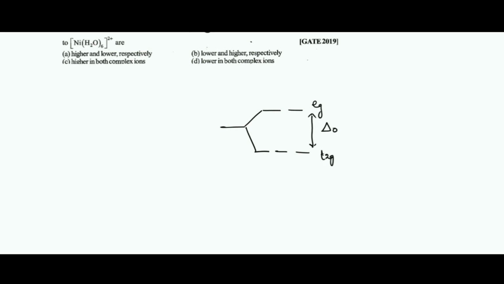So this is basically a question from the spectrochemical series. Spectrochemical series, what is the order of the ligand? The weakest is chloride. After that you have water and then you have NH3. This is the order of the ligands. So the value given for water is 8,500. So then